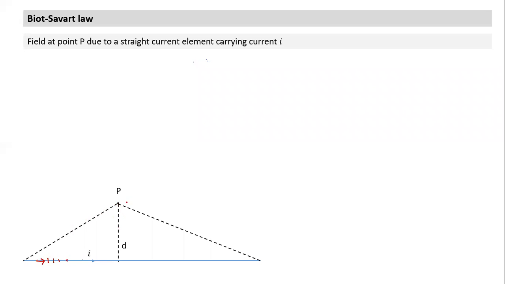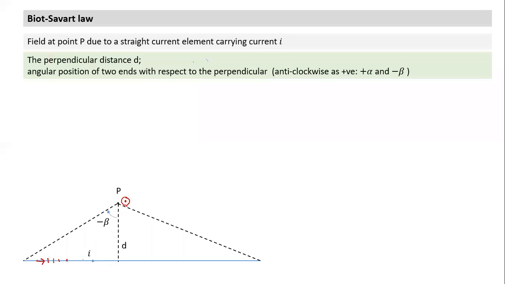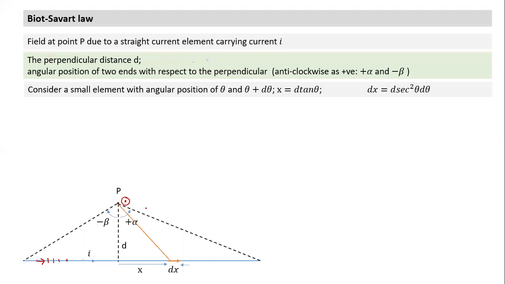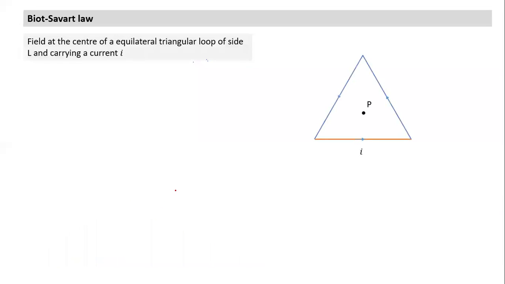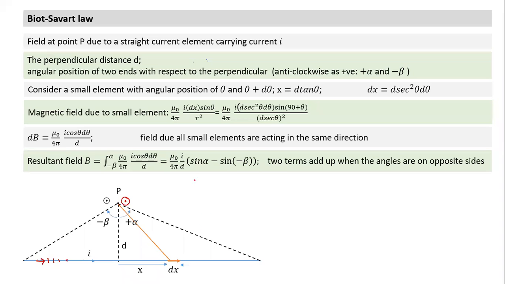So this is the plane of the figure. Field will be perpendicular to the plane of the figure. It is right in, left out. It is on the left hand side. Field will be in this direction. And then for each element, since all are in the same direction, you can directly integrate. Based on integration, we get our formula. I hope you all recall. We'll apply this formula. Okay, the formula comes something like this.